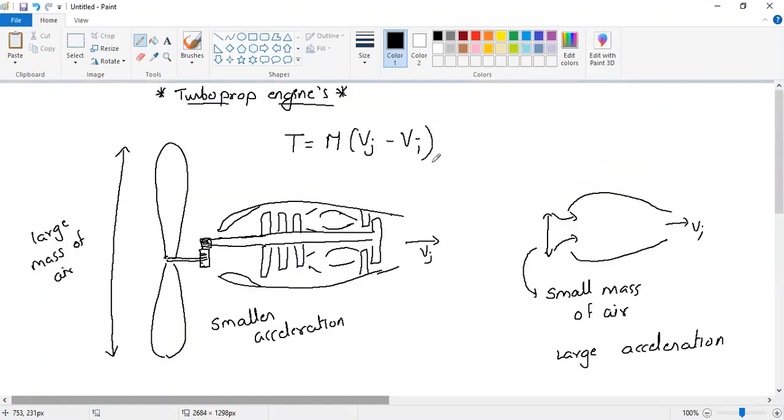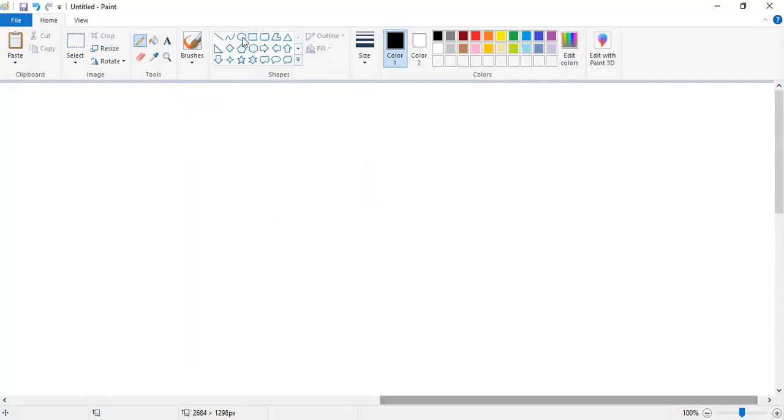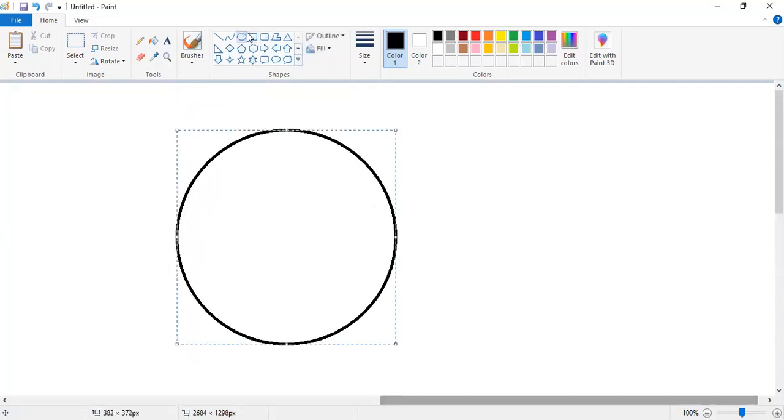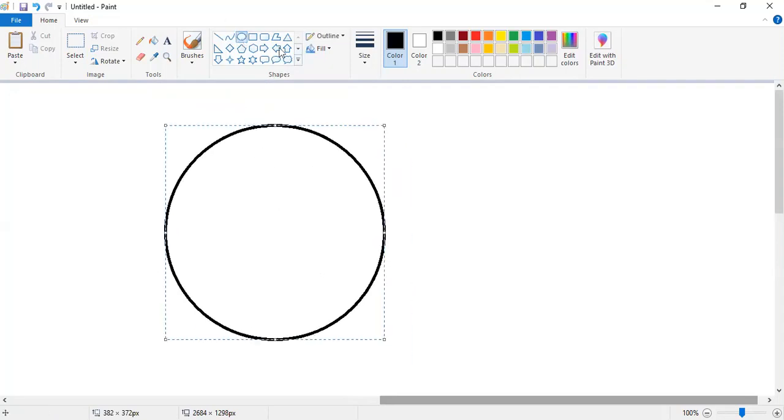So coming back to the turboprop engine, now when I'm saying that this turbine is rotating this compressor, I know turbine will rotate at a very high speed. So we need to reduce the RPM of this because propeller is a rotating disc, correct? So let us draw and understand this. Propeller is a rotating disc. This is what is the propeller. Okay, so let us draw propellers.